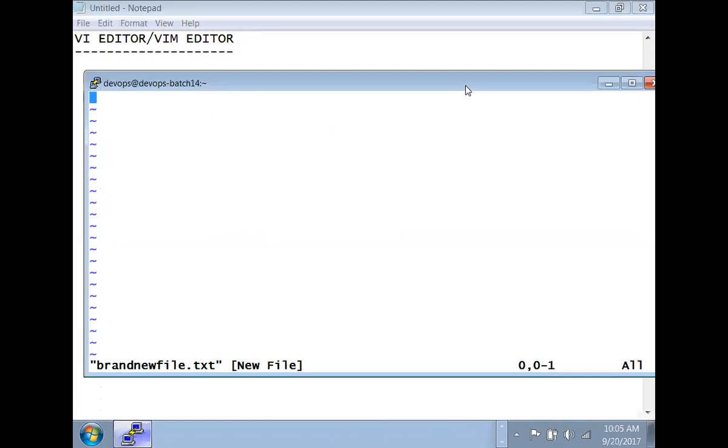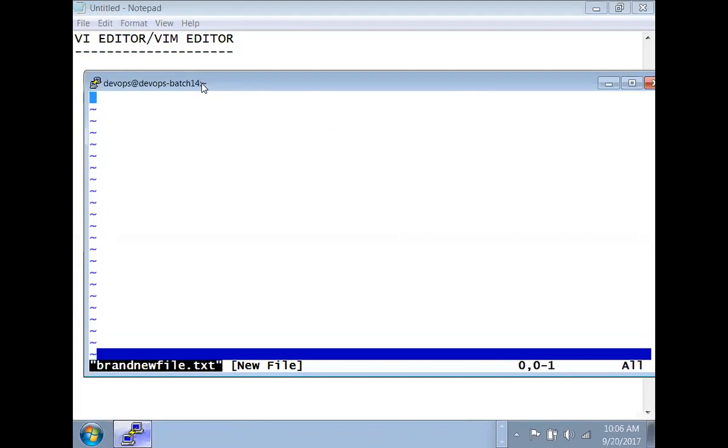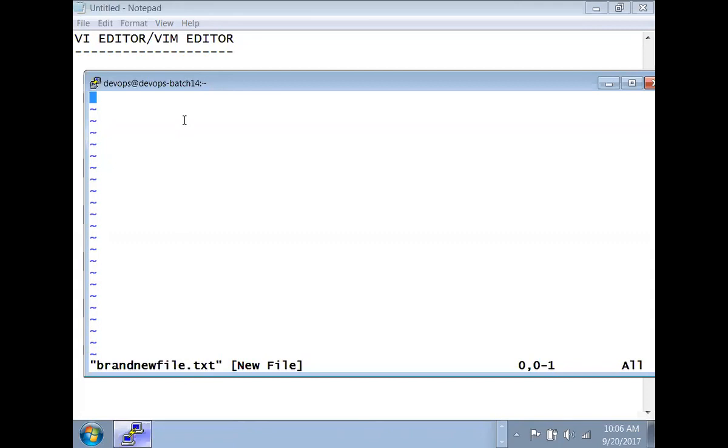So now I am pressing the button i. Now you have to see at the bottom what is happening, because there's a status bar showing me what is happening. Ready, steady, go. I will press the i button. Now which mode am I in? I am in the insert mode. Why? Because the bottom line says you are in the insert mode. Nothing is there in that file; I have just changed the mode. Now I have to come back to the interactive mode, so I'll press the escape button.